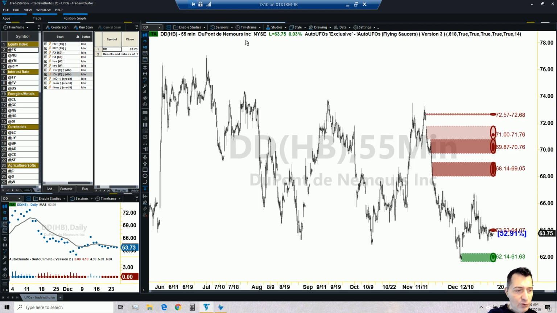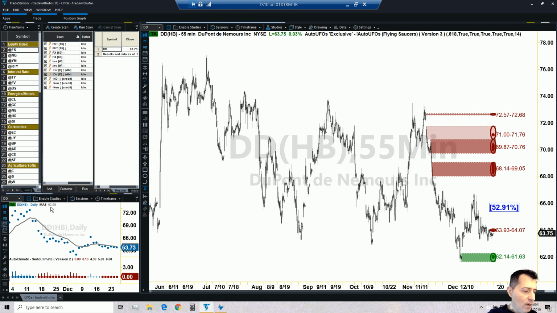So if I switch to regular session, okay, now we do have stats that point at 52.91% of the times those UFOs would work according to plan. In other words, it seems that using regular session data, those larger market players, when they don't get all their orders filled, they do leave them in the market until they get filled, and that would be 52.91% of the times. Okay, so that is giving us an edge together with the climate, and therefore we would be looking for